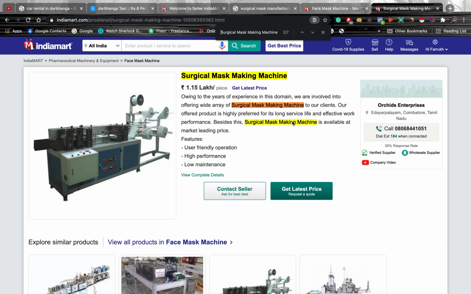Then you can optimize your listing well. So here you can see this is the advantage he is getting. In the same fashion you can do it as well and get your listing optimized.